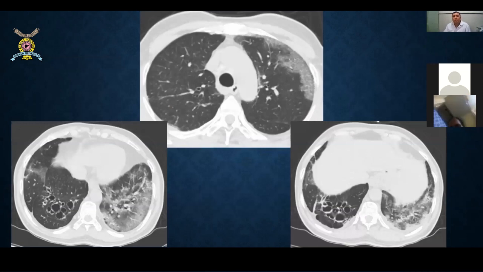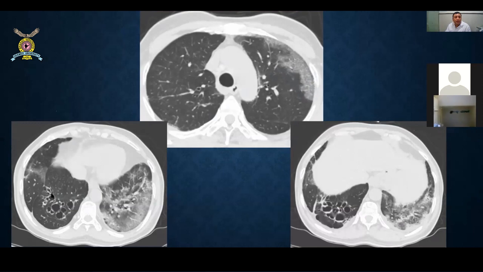Sometimes you may see a combination of two pathologies. Like in this patient, clinically presented with a chronic cough, and the patient has a recent onset of fever and history of contact with a positive patient. Clinically, he was suspected of having COVID-19 disease. That's why the imaging was performed. In these images, you see there is a ground glass opacity, which is typically subpleural in location. You can see thickening of the interlobular septa, classically giving rise to the crazy paving appearance. In the left lower lobe also, there is a ground glass opacity and small patches of consolidation.